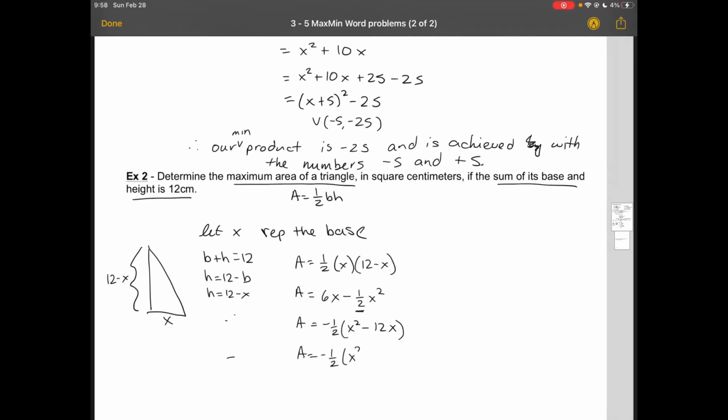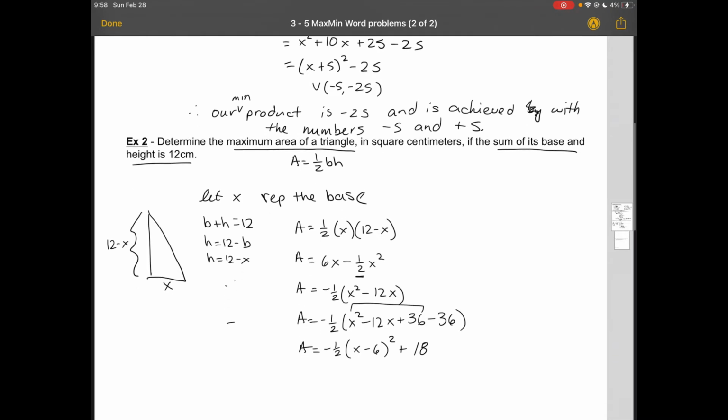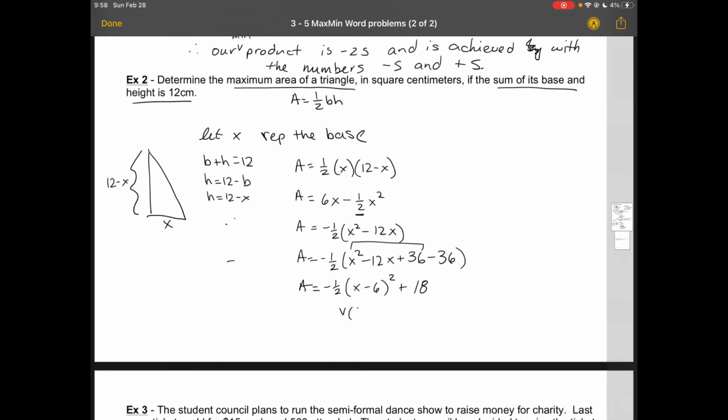And now I'm going to divide by 2 and square it. And then I'm going to factor my first 3 as a perfect square. So x minus 6 all squared. And then I'm going to take out my minus 36 and multiply by minus a half, which gives me plus 18. So then I know my vertex is 6, 18, which tells me that the maximum area